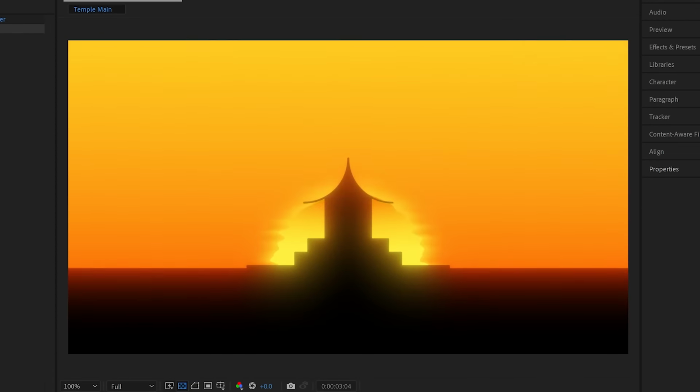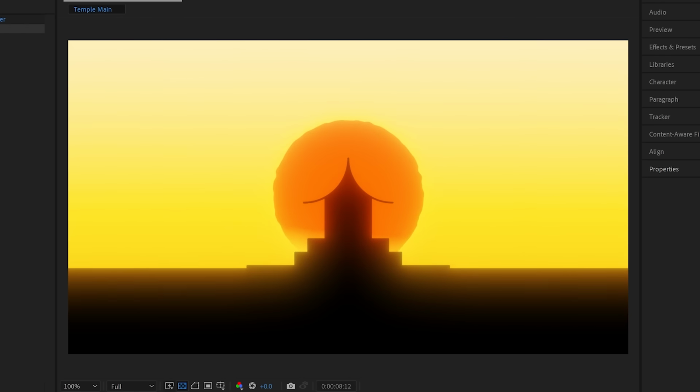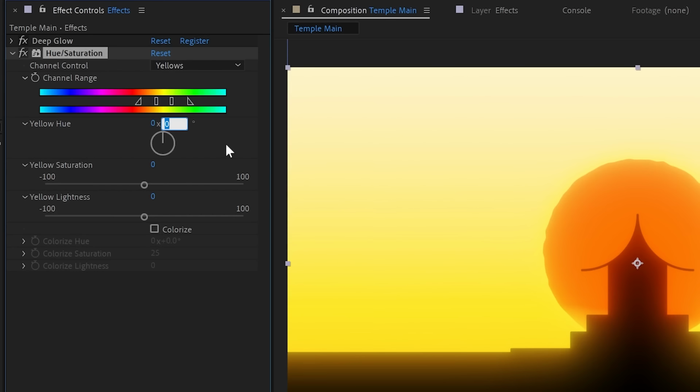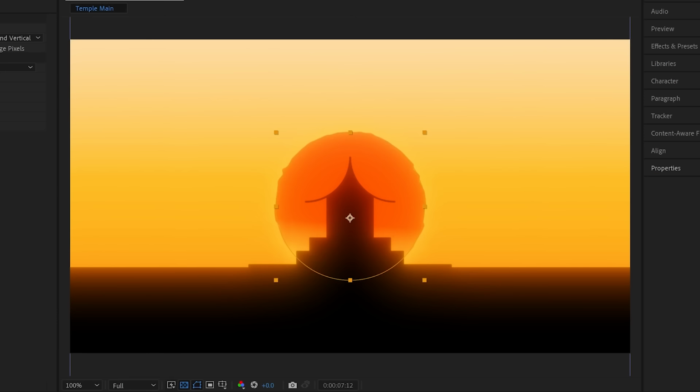The intense blooming looked great, but it brightened the yellows in particular too much away from the original color palette, and washed out the red from the sun. The colors were an iconic part of the original vision, so I couldn't just let that slide. I warmed up the yellows with a hue and saturation effect, and added another red sun copy that faded on towards the end when the glow was washing it out just too much.